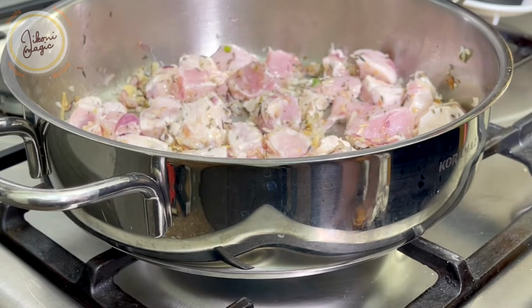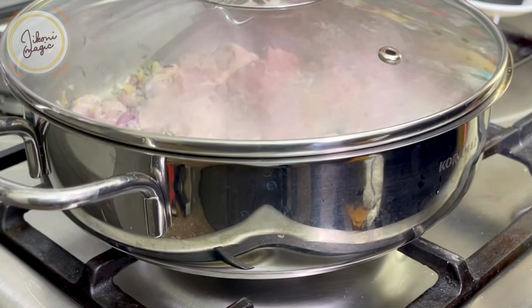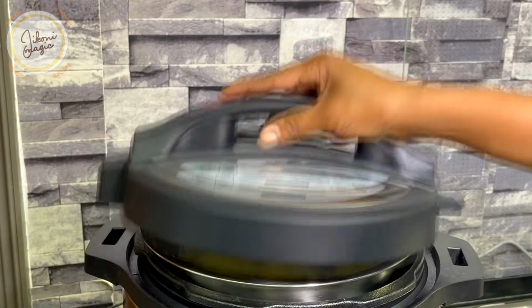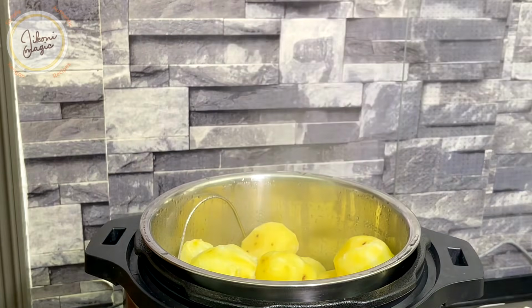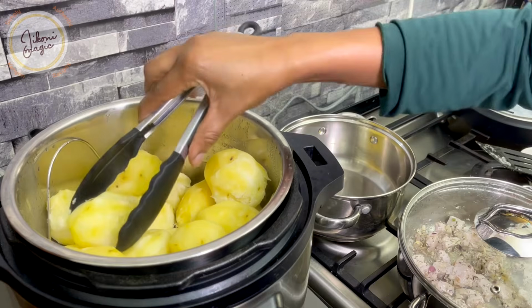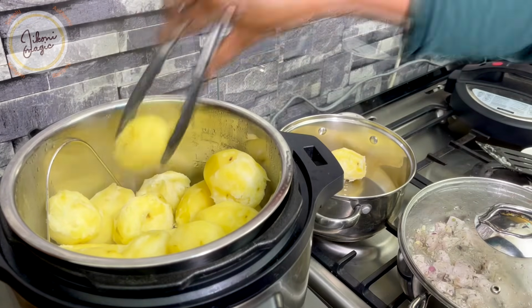And then I'll just reduce the heat to the lowest, cover, and let everything cook slowly until the chicken is like 90% done. As you can see, the potatoes are very well done after just a few minutes of pressure cooking. So straight away, what I'm going to do is transfer the potatoes to another container so that